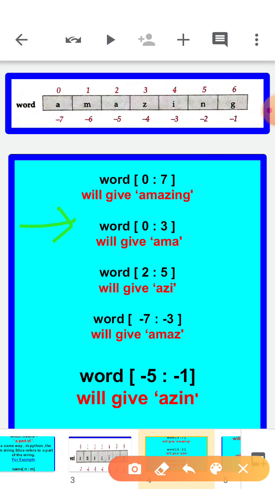Word[0:3]. So again this is the forward direction. N value is 0. M value, how you can calculate? 3 minus 1 is 2. So between 0 to 2, whatever is there, it is going to be printed. So AMA is going to be printed. Now let's see the next example. Word[2:5]. Okay, so it will start with 2. Starting position is 2 and 5 minus 1 means 4. 2 to 4, whatever is there, it is going to be printed. AZI. Okay, now next example is